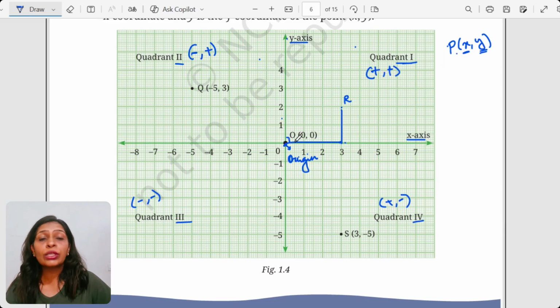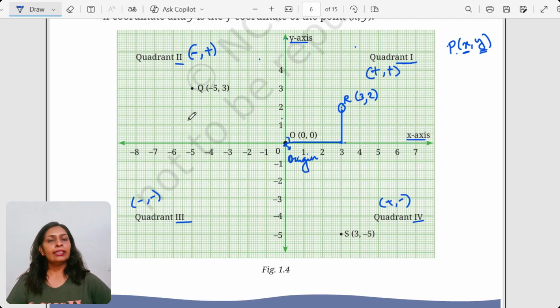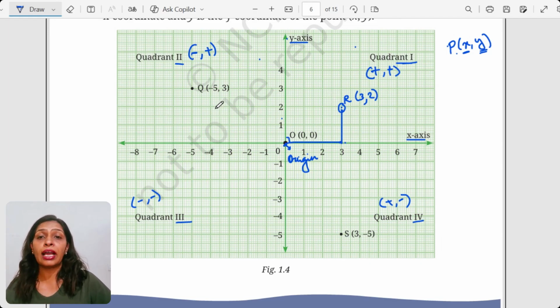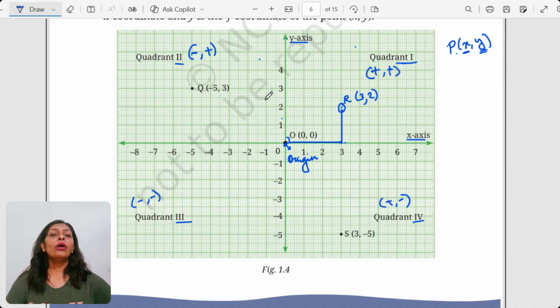So how much have I covered on the x-axis? I have covered 3 units on the x-axis, and on the y-axis, in the upward direction, I have covered 2 units. Since I have gone in the upward direction, it will be positive 2. So the coordinate of this particular point named R is 3 comma 2. Right, this is how we can plot the points. Similarly, if the point is already given and I have to name it, or plot it, we can do both vice versa very easily, but be very careful how we have to tell them. Now I want to tell you one very interesting fact about it,